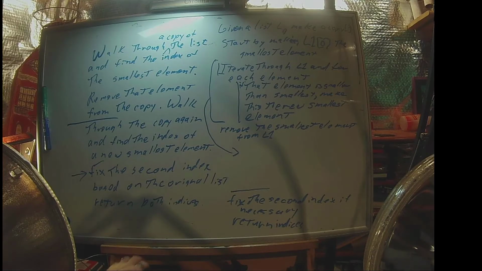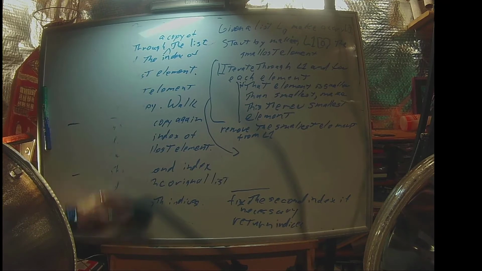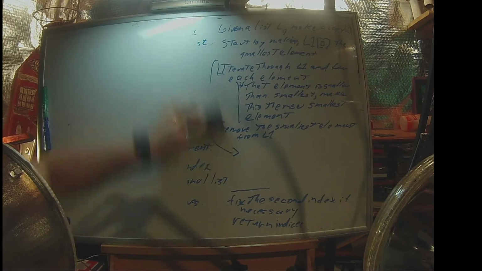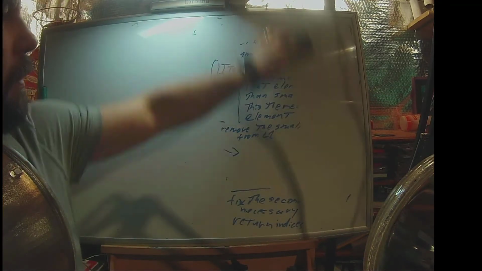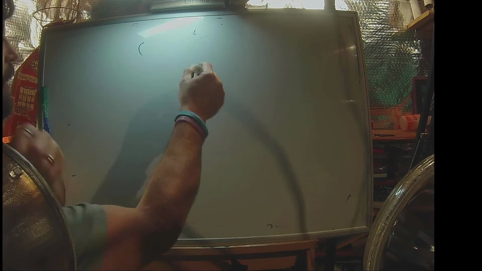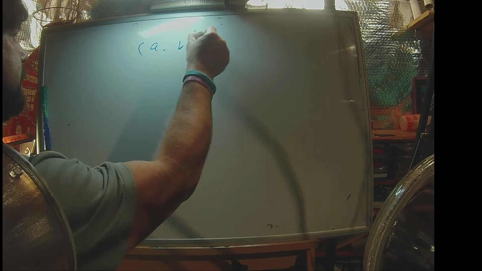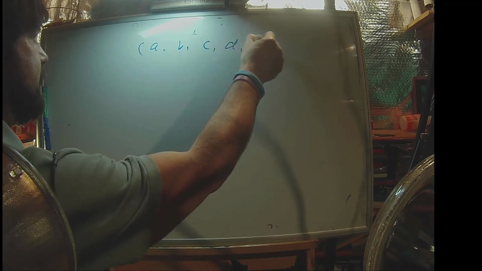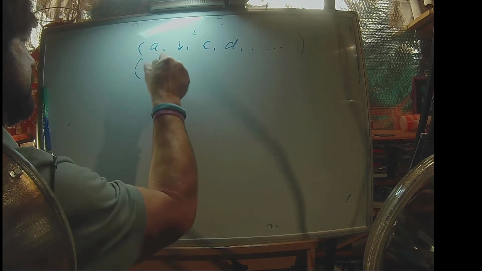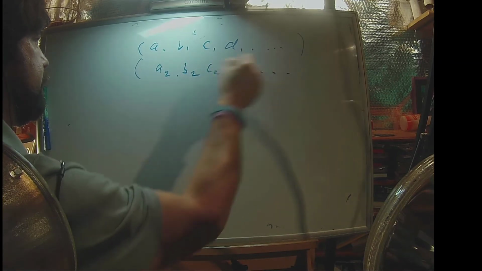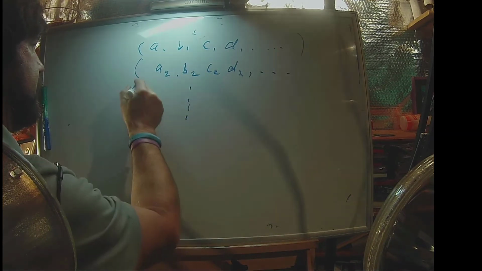So let's think about sorting, because in our next class we're going to be talking about sorting, and we're actually probably going to get into this a little bit at the end of this class. We talked about sorting tuples. The thing I want to point out is that when you have a tuple with A1, B1, C1, D1, however many terms we have, and A2, B2, C2, D2, however many terms we have, and we do a sort,